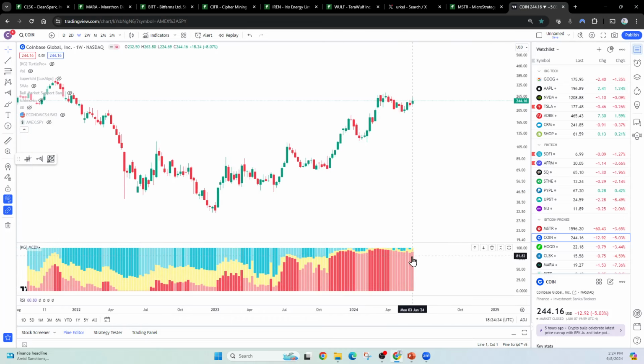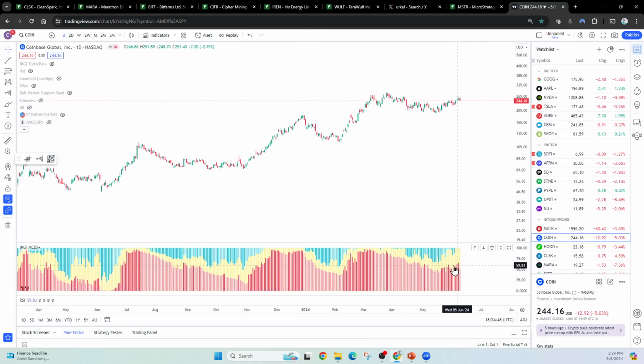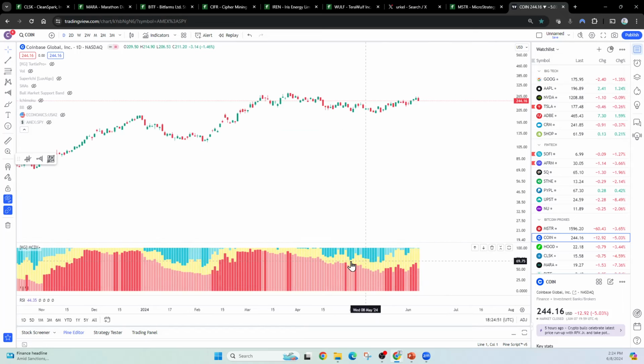Same thing here on a weekly chart, although the whales are a little bit weaker. Instead of being bright red, it's a lighter red over here. But you can still see there's not really a whole lot of significant retail left. There's going to be a lot of fluctuation in the daily. When you're having a lot of consolidation, a lot of times you're going to have a decrease in whale presence or whale momentum. But you can still see on the daily there's really not a whole lot of retail left